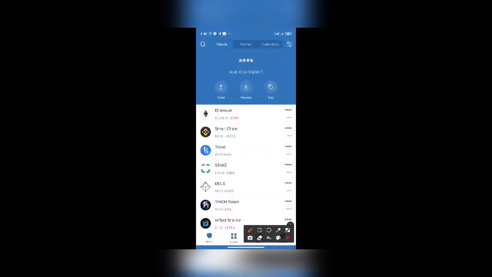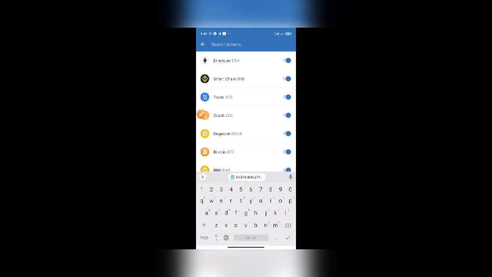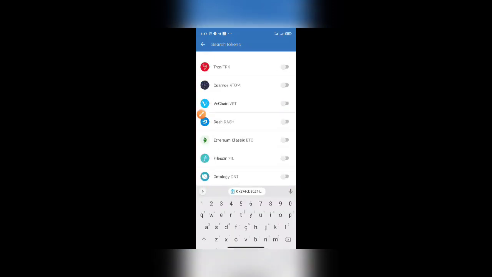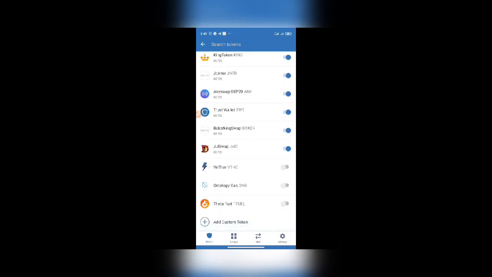this place up here. Now look at this place up here, the place I just circled in red. You go to that place, you click on it, then you go down and you see a place called add custom token. You click on it